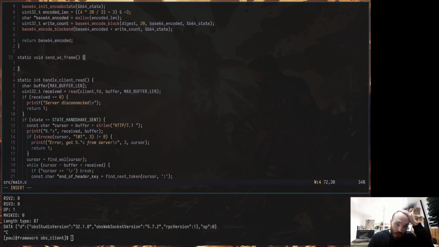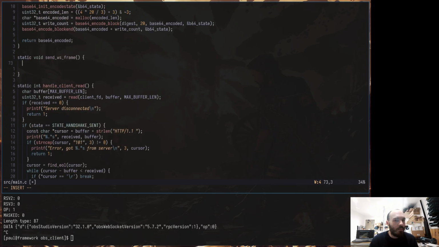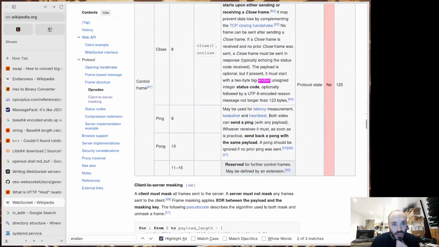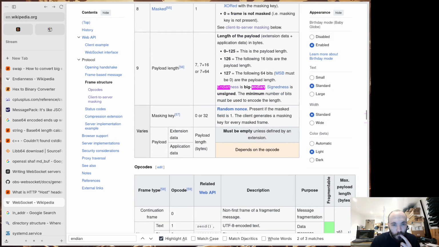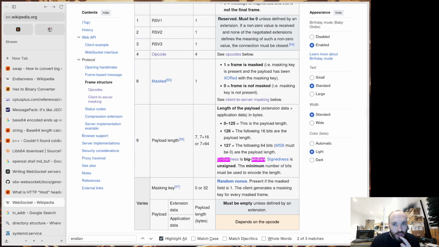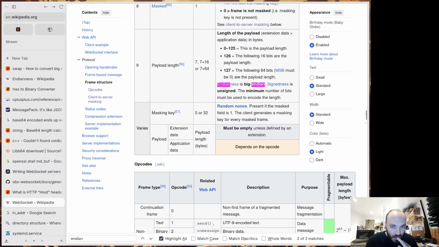So I want to send a ping, and the ping means that I need to write 2 bytes for the payload information, as well as the mask, because it's client to server instead of server to client. Right, so the mask is going to have to be 1, and the payload has been XOR'd, okay? And then I'm going to need to